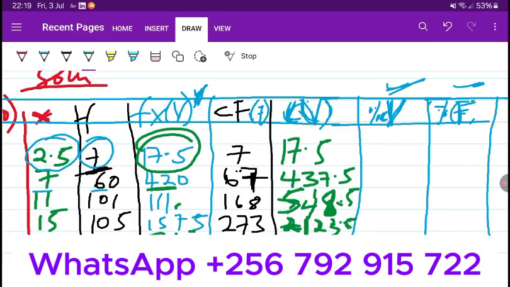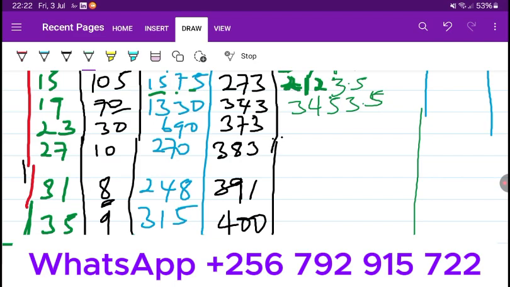2123.5. Let me create a bigger space. This is 2123.5. Then we add the 1330, it will give us 3453.5. So we finalize this and we add the 660 plus the 3453.5, and it will give you